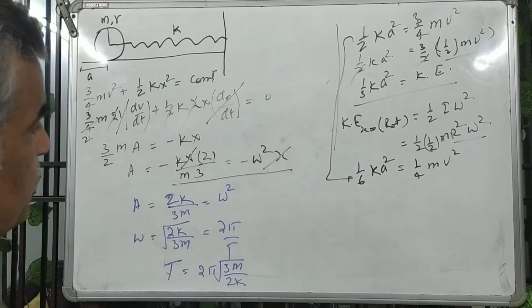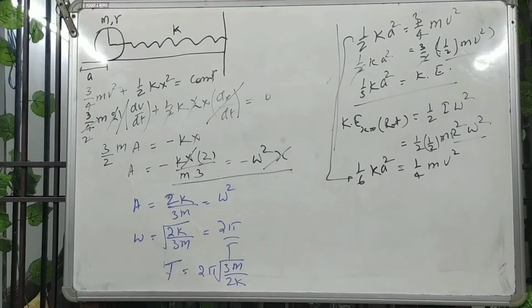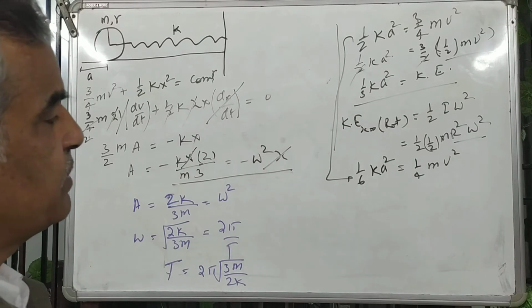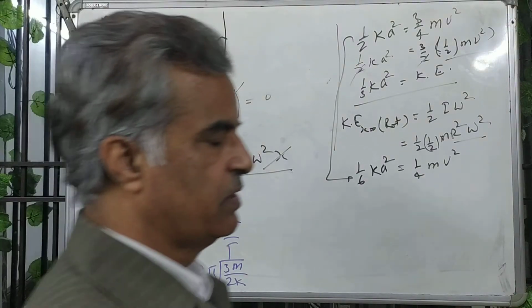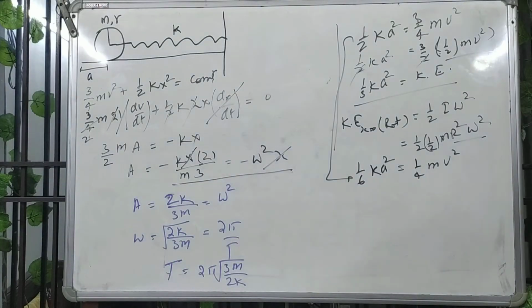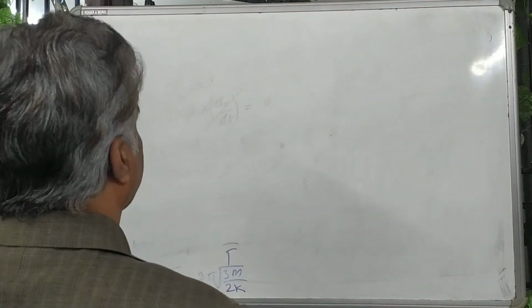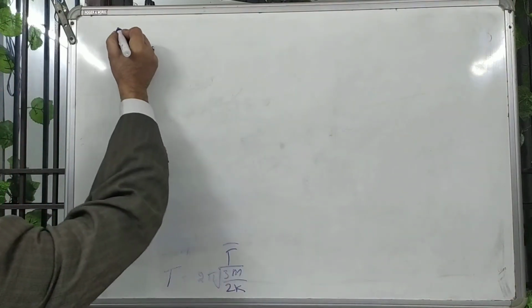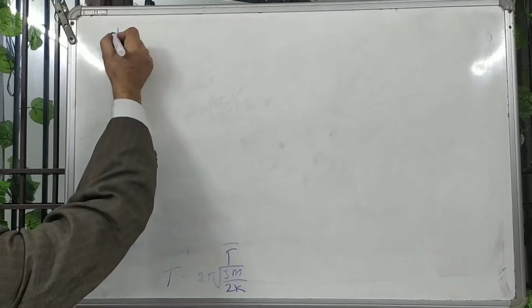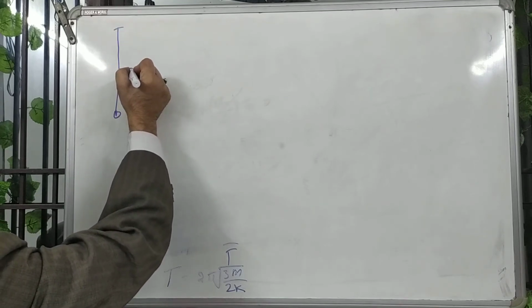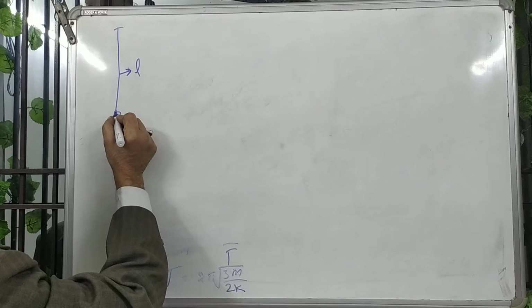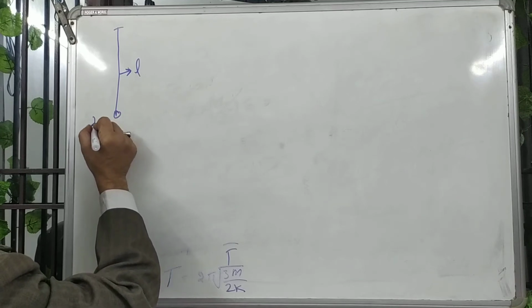This was to prove. So this is a question. Let's see, an important question, a very nice question. Okay, so question number 2, I am telling you. Hello students, our next question is, there is a pendulum, and its length is L, length of pendulum is L, and mass of the bob is M.